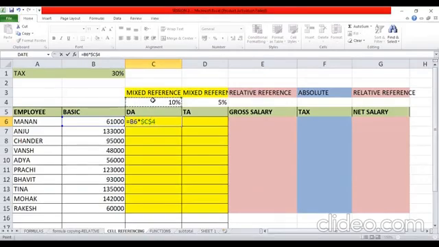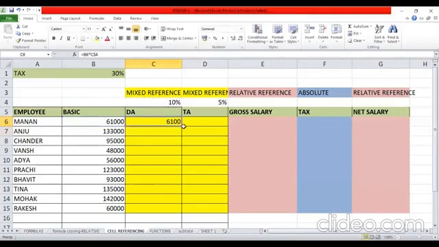So you can see over here, I have pressed my F4 key. This F4 key is a toggle button. If I click it once, it becomes absolute reference. If I click it again, it becomes a mixed reference with the row position fixed. If I click it again, it becomes mixed reference with column position fixed. So right now I want to fix my row, so I will just keep pressing it till I get the desired combination. And I will now press enter.